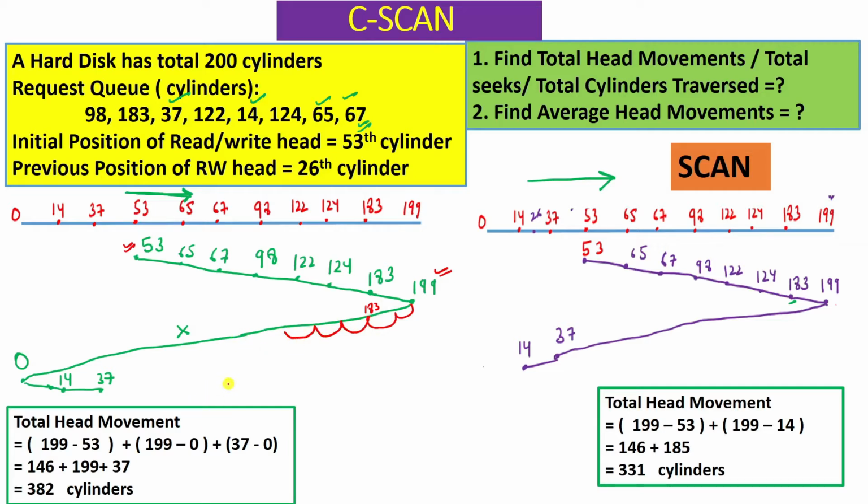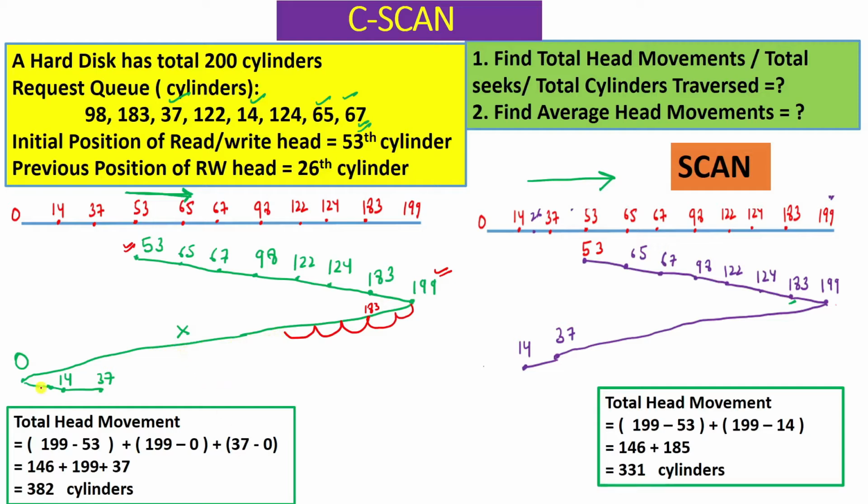So basically it is coming to each and every track, but it is not fulfilling the request of any track. So we have to count the number of movements in this direction also, although we are not servicing any request. It is not like the head is just jumping from 199 to 0 in a very small amount of time. So we will count how many tracks the read write head has to traverse from 199 to 0. It will be 199 minus 0, although there was no request serviced.